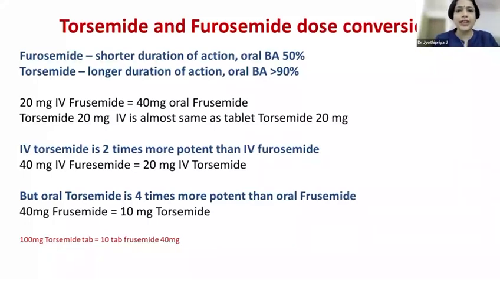So when we are converting 20 mg of IV furosemide to oral furosemide, we have to double the dose. So 20 mg IV will be equivalent to 40 mg of oral dosage. Whereas for torsemide, 20 mg IV will be the same as the tablet, also 20 mg. Now, IV torsemide is 2 times more potent than IV furosemide. So if you give 40 mg IV furosemide, to convert to IV torsemide, 20 mg will be sufficient. And oral torsemide is 4 times more potent than oral furosemide. So 40 mg of furosemide will be equivalent to 10 mg of torsemide. If you are giving 100 mg torsemide, we have one single tablet to give. But if you are converting into furosemide, you may have to give 10 tablets and